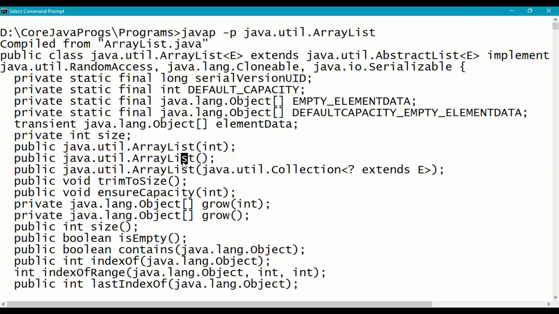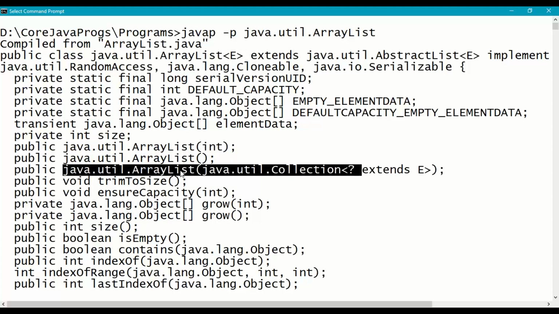ArrayList class, this is a default constructor with a default capacity of 10. This is a constructor with int as parameter. So int indicates our own given capacity, 20, 30, 40. And this is an ArrayList from another collection as parameter. So if we have any other collection like a set collection, that will be converted into an ArrayList